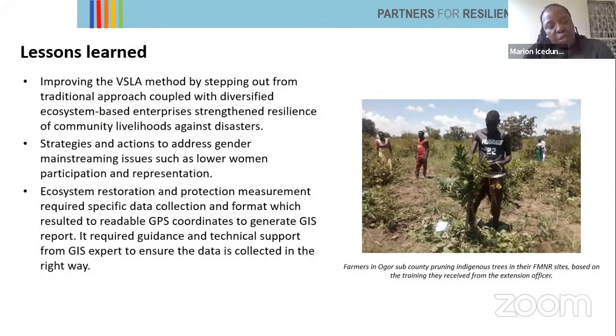So some of the lessons that we learned from implementing this project, one of them that I can share is that from the design of the project, we anticipated indeed to use the Village Savings and Loans Association method. This is a method that we're promoting really to enable communities to save small income to support them in times of disasters. But then when we were faced with double risks and the coming in of COVID-19, we realized that blending eco-based enterprises with the VSLA model even produced better results and increased communities' resilience better in such a period